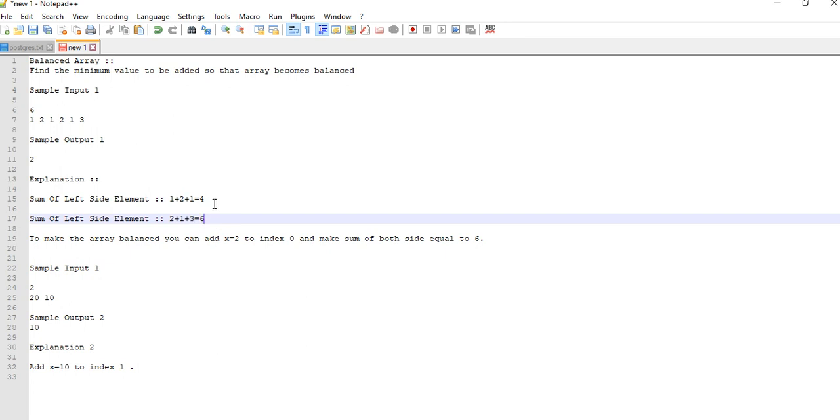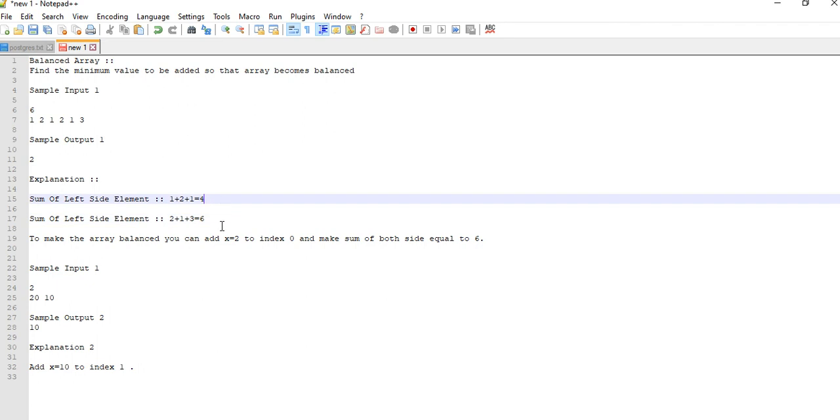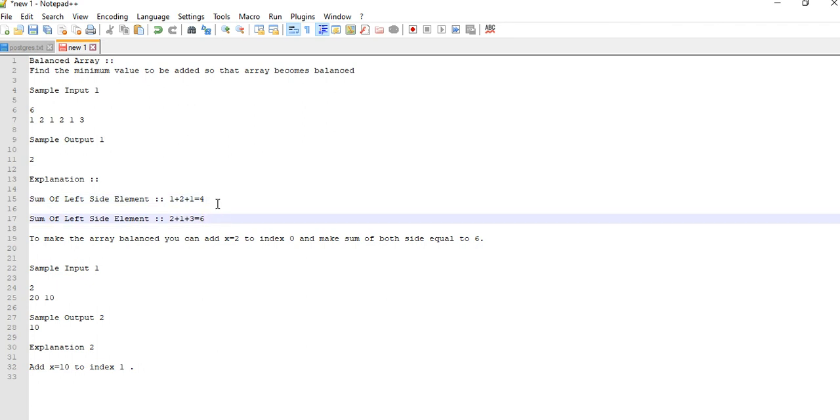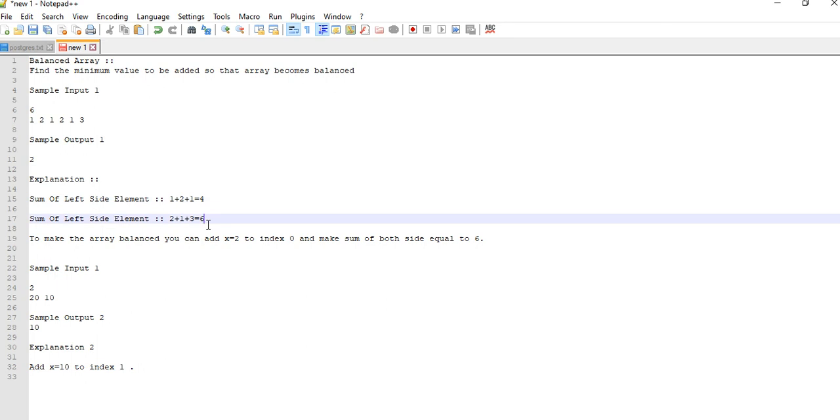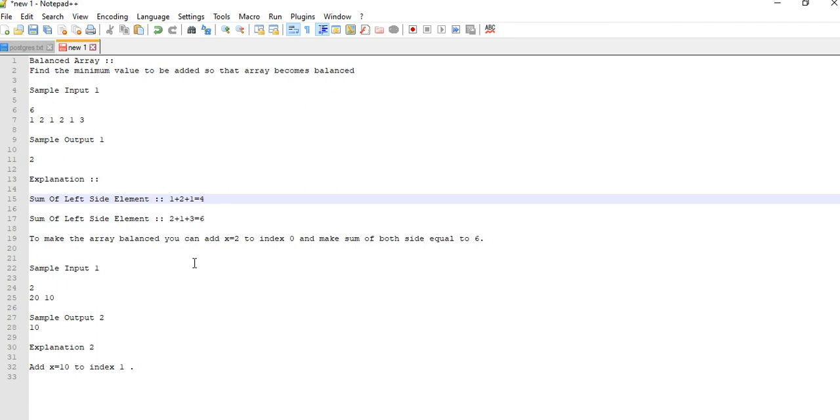But here you see these sums are not equal, so this is not balanced. You need to find the minimum number of elements we should add so that the summations are equal and the array is balanced. If you add 2 over here, then the sums are equal. So to make this we need to add 2 at index position 0 to balance it.